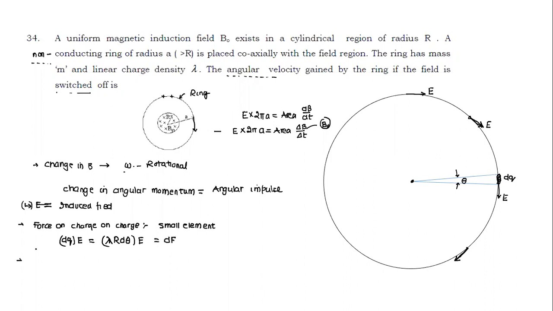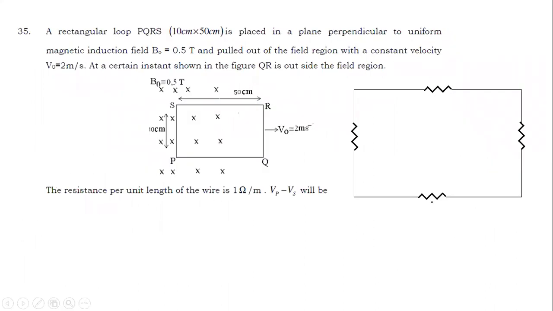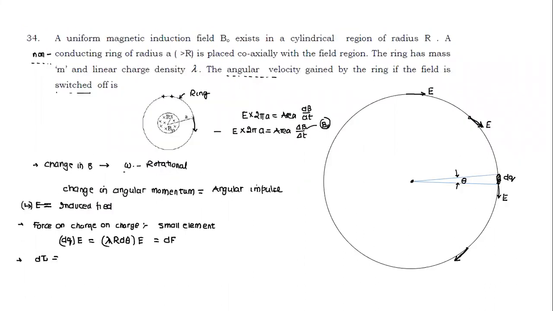From the beginning of this question, we should understand that this question involves torque into time. So what I need to calculate now is torque. What will be the torque due to this force acting here? The force is acting tangentially, radius is r. So torque is force into perpendicular distance. I have written d tau. The torque due to the force acting on this small element will be equal to r into dF.